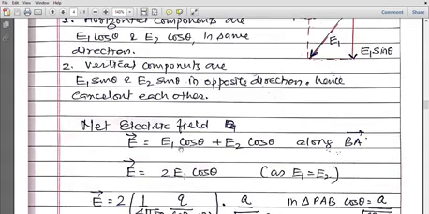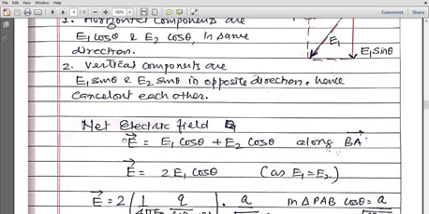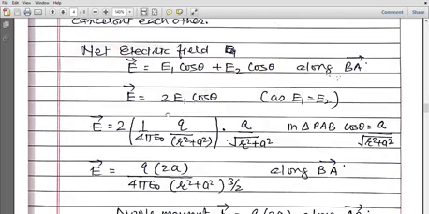So what is the net electric field? It is E1 cos theta plus E2 cos theta and it is along BA. Where is B? For the charges, write A here and B here. So the direction of the electric field is from B to A. So E1 cos theta plus E2 cos theta, E2 is same as E1, so it is 2 times E1 cos theta. Put values. 2 E1 is 1 upon 4 pi epsilon 0, Q upon R square plus A square, cos theta, A upon under root R square plus A square. Just use the Pythagoras theorem and trigonometric ratios in triangle PAB.